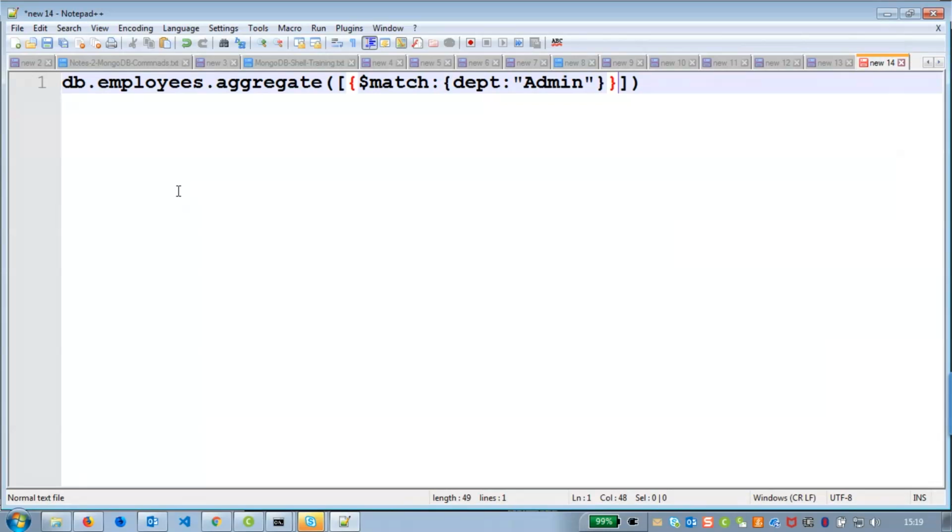Then for the second stage I want to proceed. This is the first stage. What does the first stage do? It just matches based on the department. Admin is the criteria. So what is the second stage? I want to go to the second stage. The second stage will be